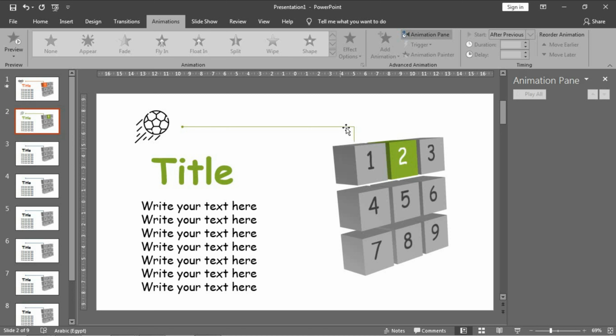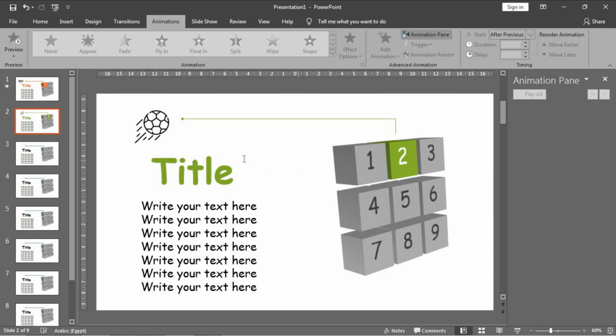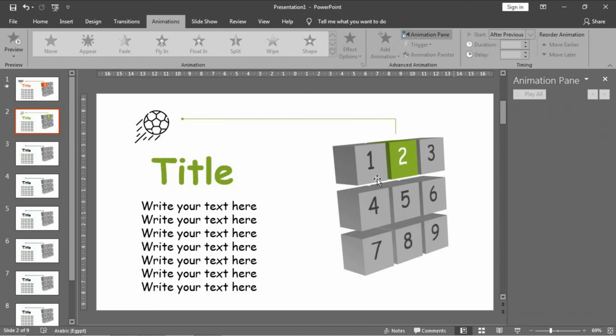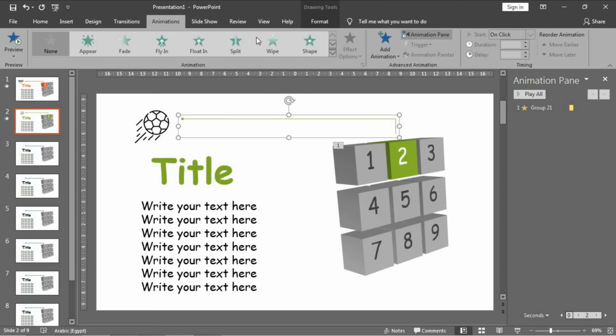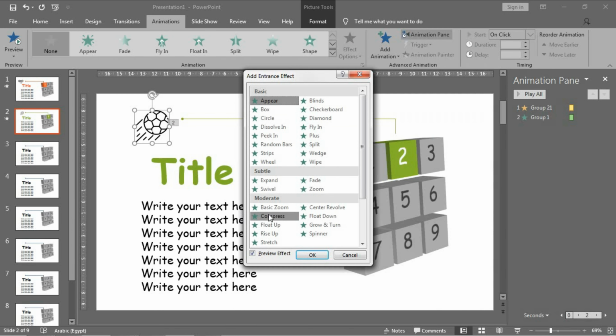Second cube, we will make nearly the same animation, but first let's make this arrow to be inside the second cube like this. The change here is that we don't make an entrance effect for the cube to appear in a continuous pattern, but we will make a pulse effect. Choose it, click add animation and pulse. Then the same for this arrow wipe, and basic zoom for the icon,